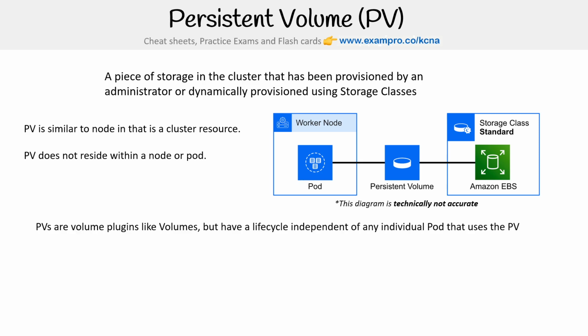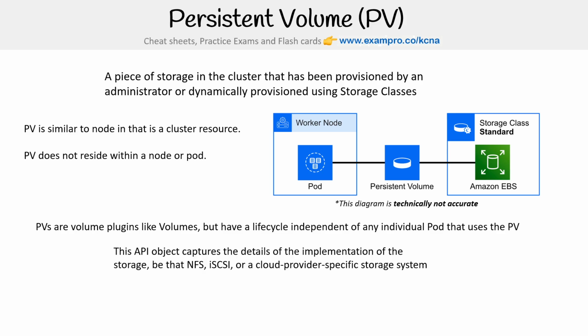So persistent volumes are volume plugins like volumes, but have a life cycle independent of any individual pod that uses the persistent volume. So the idea is if the pod goes down, the persistent volume can still remain. It really depends on your reclaim type, or how you want to reclaim it. So the API object captures the details of the implementation of the storage, be that NFS, iSCSI, or a cloud